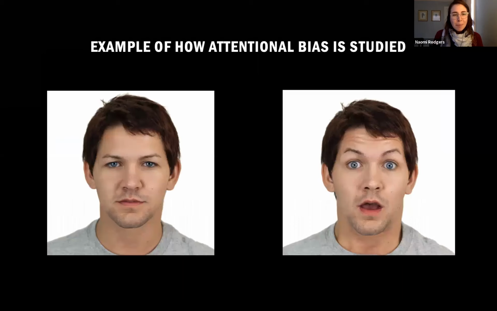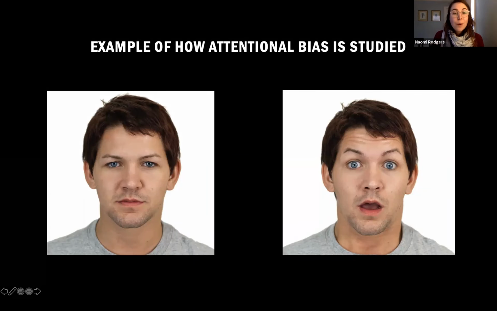And so an example of how attentional bias is studied in research labs, oftentimes what we'll do is we'll present a variety of faces on a computer screen, and either by way of asking participants to respond as quickly as they can by pressing specific keys on the keyboard, or watching their eye movements through an eye tracker, we can actually get insight into where folks are paying the most attention. Are they focusing on the more neutral expressions that are presented, or are they focusing more on the negative or socially threatening expressions?